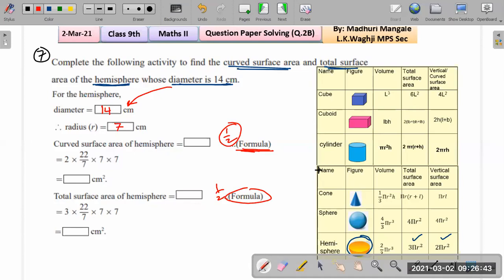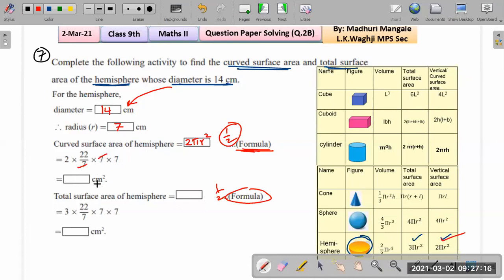So please make sure, in any case, you should remember all these formulas. In one of the previous videos which we did in one of the state level classes, I had explained how to remember these formulas, how to derive these formulas. Okay, so you can also refer to that. And here, what will be the formula? So curved surface area of hemisphere, what's that? That's 2 pi r squared. So here we write 2 pi r squared. And then this part, they have done the substitution already. We just have to solve it.